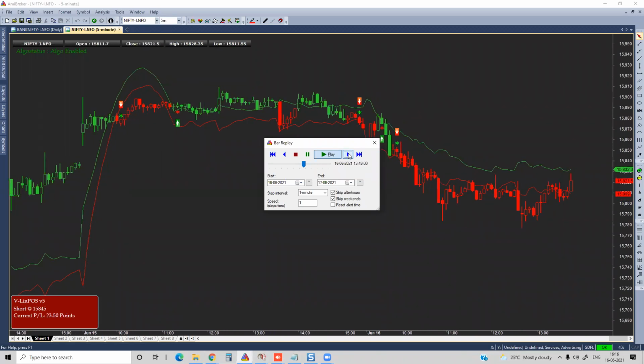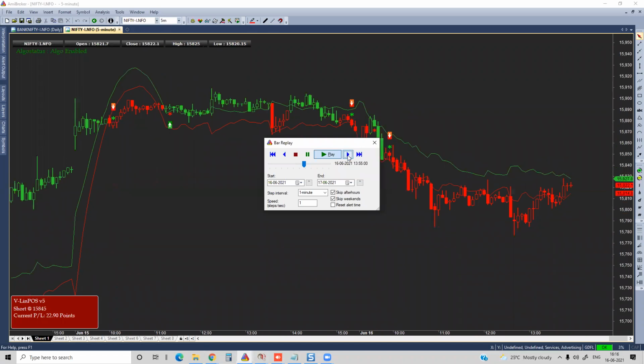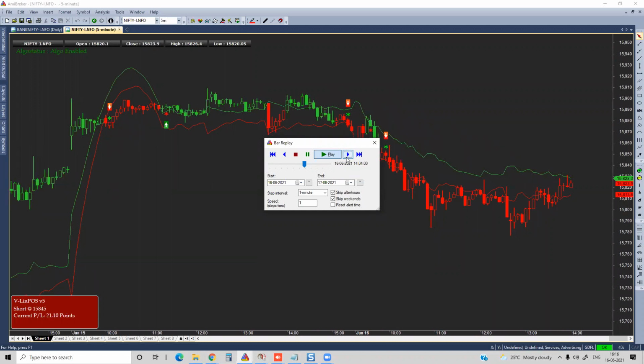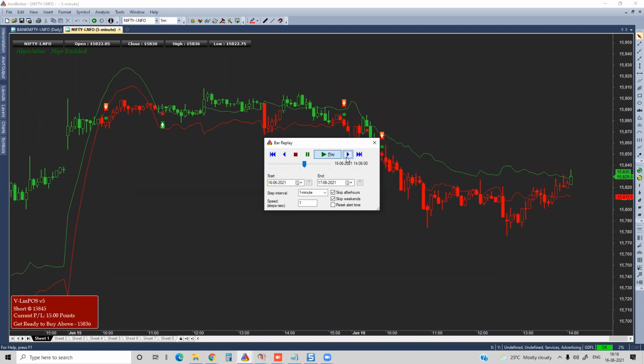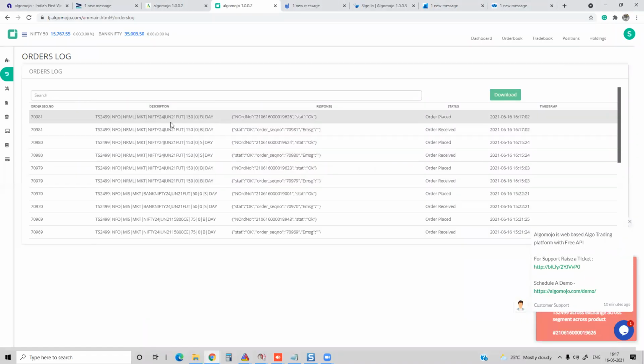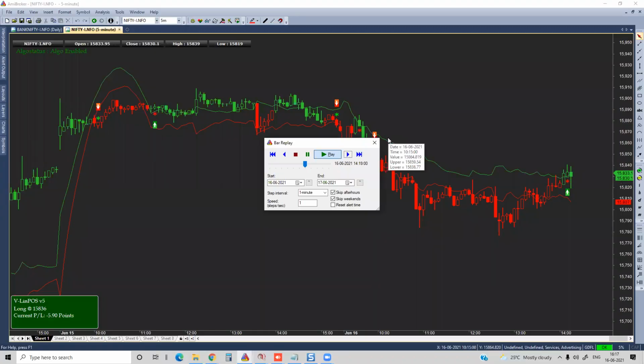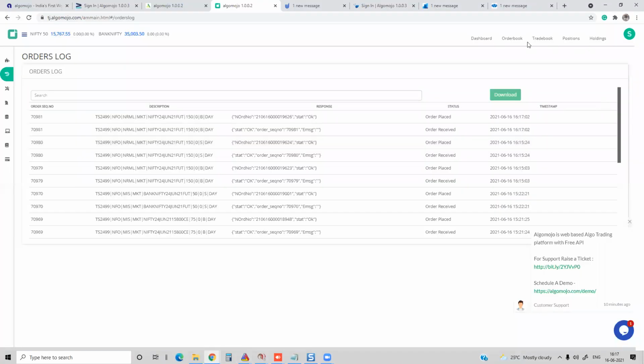The signal was about to turn positive. It turned positive, I think around 1:45 or 2 o'clock, 2:15, somewhere around that time. It could turn positive only if the candle is going to break. Buy order placed, or buy signal happened, and immediately you can see that the buy signal also transmitted to the broker. And the same thing, you can also check from your order book.